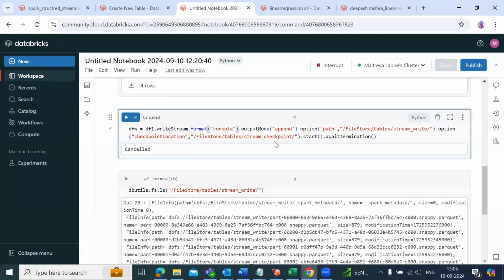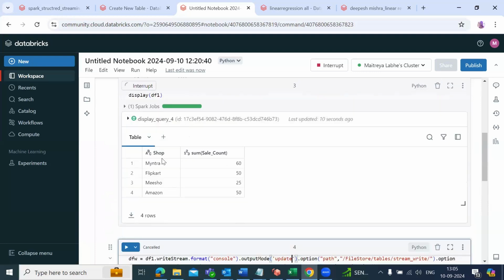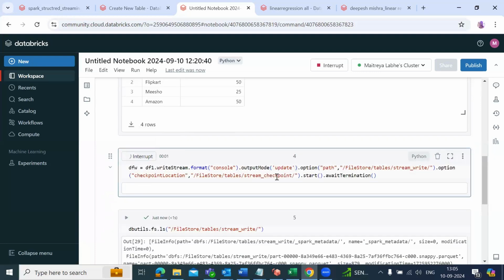And you're writing into this and checkpoint. Okay. You are saying update mode. Right? Yeah, update mode. Yeah, try this. This is running only. Yeah. Now just try